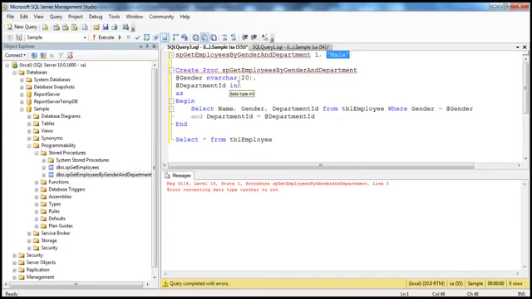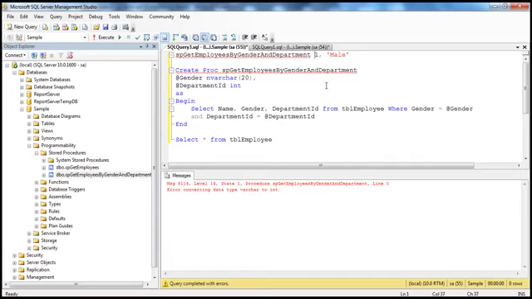Okay, so when you have multiple parameters that a stored procedure is expecting, and you're passing just values, the order in which you pass them is important. Okay, the first argument will be used with the first parameter, and the second argument will be used with the second parameter. Okay, that's why the order is important. But